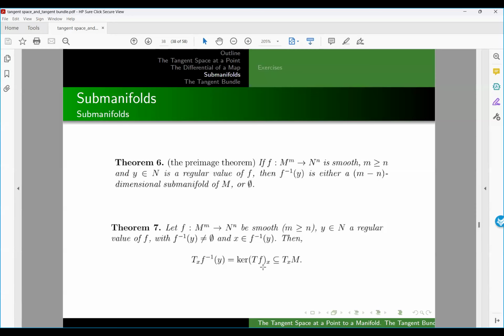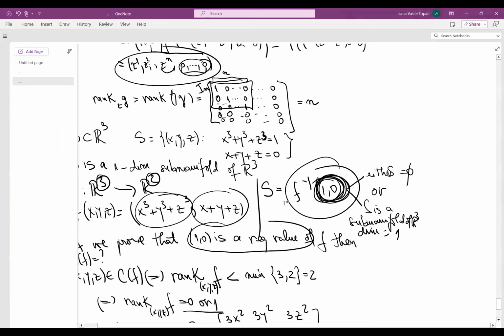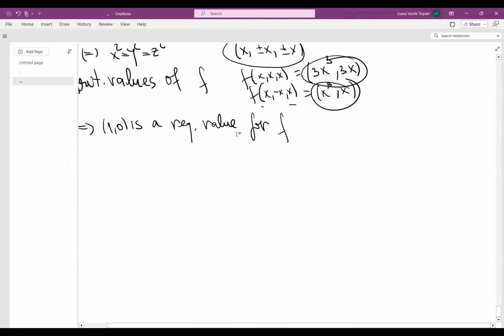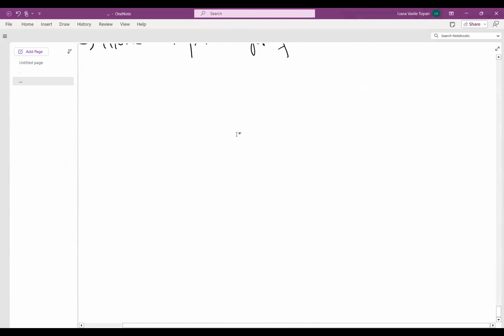So I'm going to take an example here, and we are going to see how we can find the tangent space at a point to a sphere, for instance. All right. So something that I'm pretty sure you know and you will recognize when you see. So let me write the theorem shortly. So this is the following.